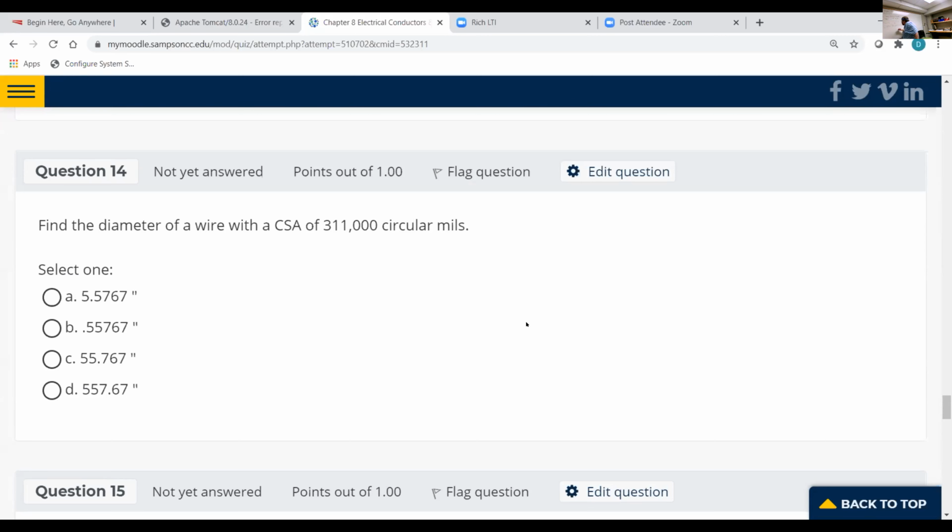So the first thing you want to do is get the square root of it. And what does that equal? 557.67373